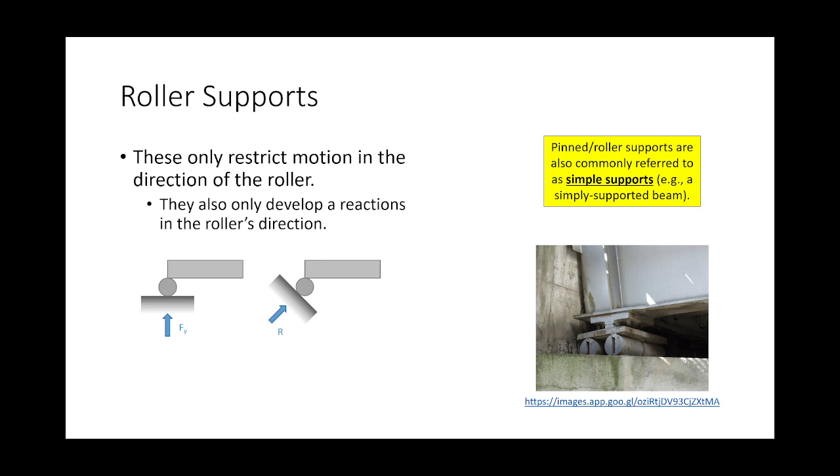Roller support only restricts motion in the direction of the roller, okay? Now, I have here that the reaction is going upward, but analytically, again, from our mathematical modeling perspective, the reaction could be upwards or downwards, okay? And some of you might think, wait a minute, how would the reaction be downwards? A common example of that would be